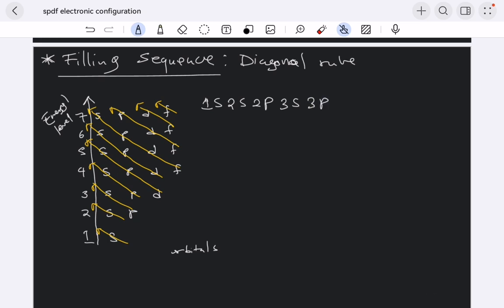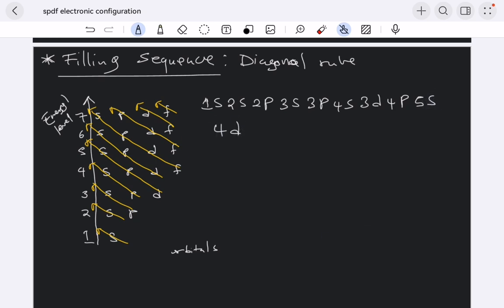Before I go to 3d, there is a 4s, then I come back to a 3d, then I go to 4p, then I go to 5s,